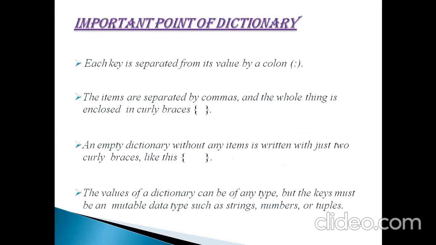Few important points regarding the dictionary. Each key is separated from its value by a colon. The list of items is separated by commas. The whole dictionary is enclosed using braces. Yes, we can declare an empty dictionary also, where no items are there. And the most important thing, within a dictionary, the value can be any type, but the key must be an immutable type,